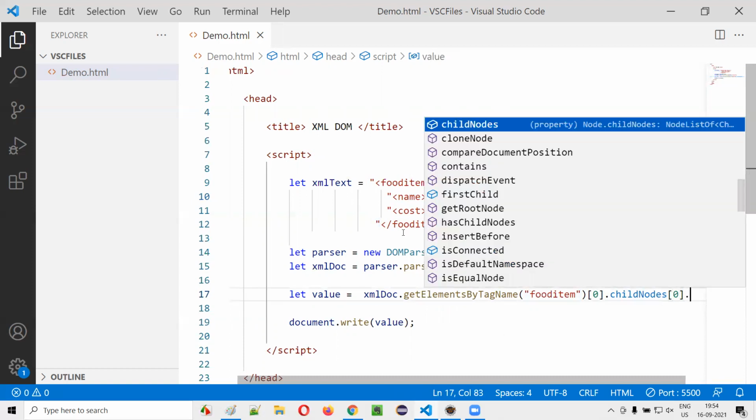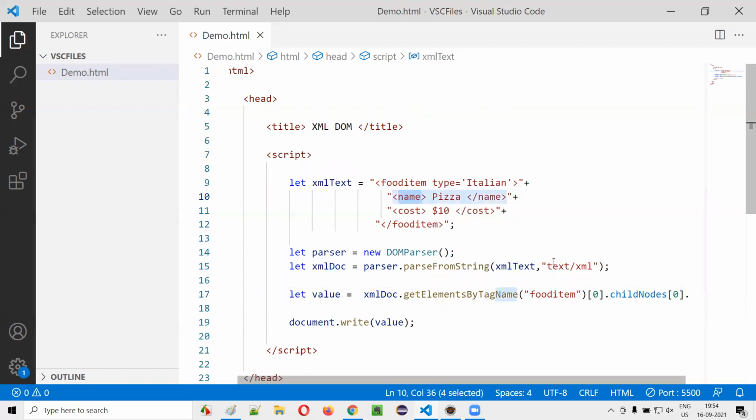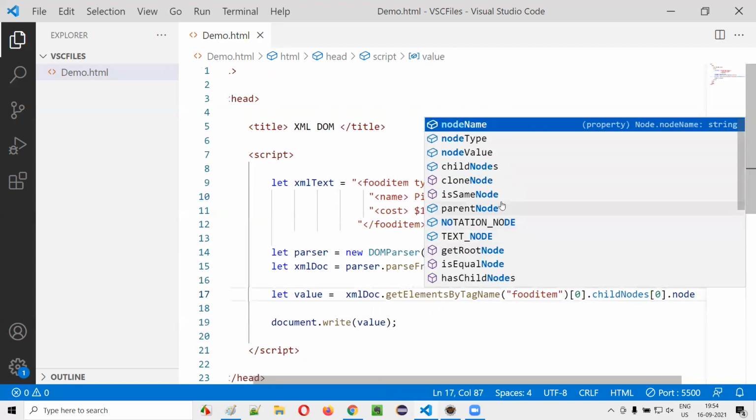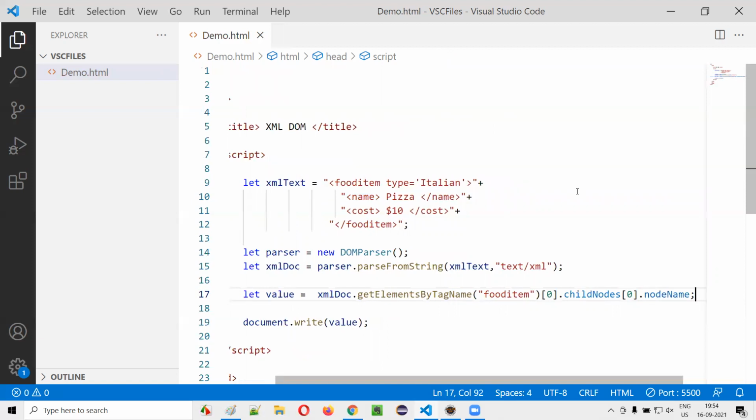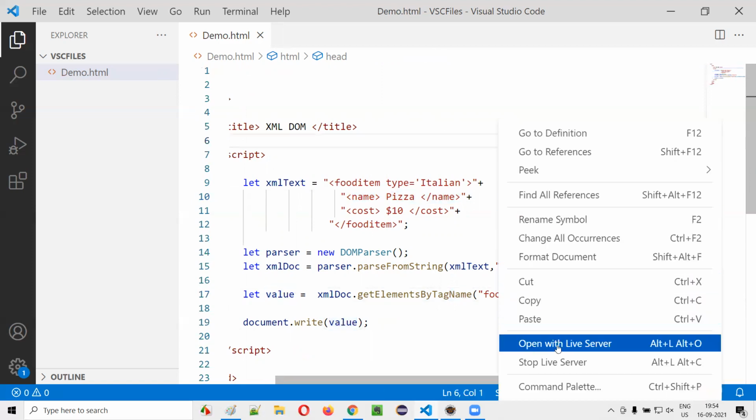I want to get this node name, so again the same command, node name, I have to use, and put a semicolon here. So the node name will be written for this child node, that is name, and will be saved here. And when you print it on the web page, again if I say open with live server, you see this time name got displayed on the web page.